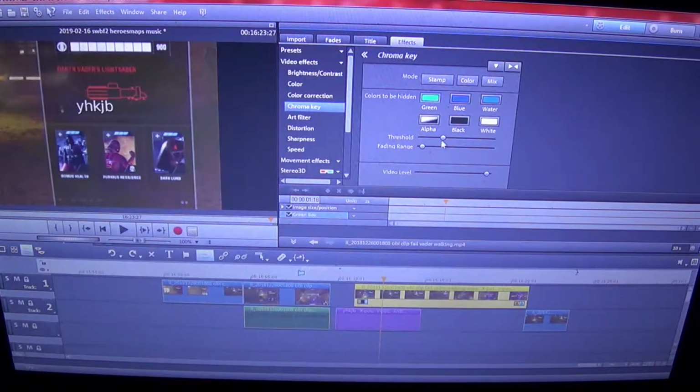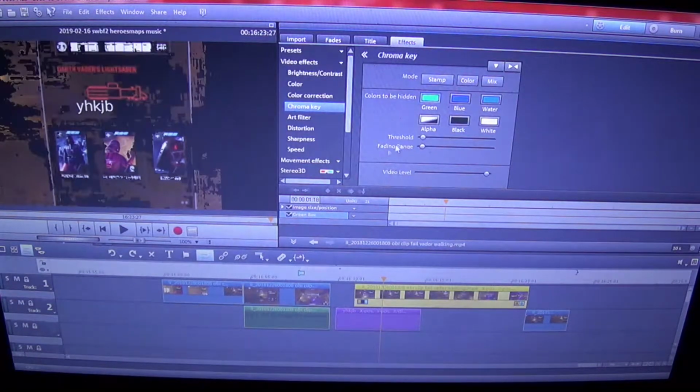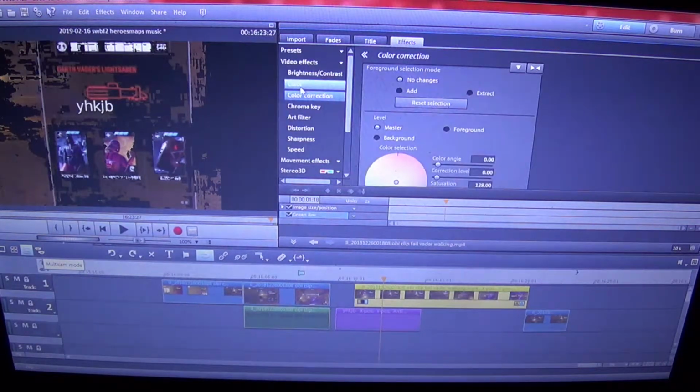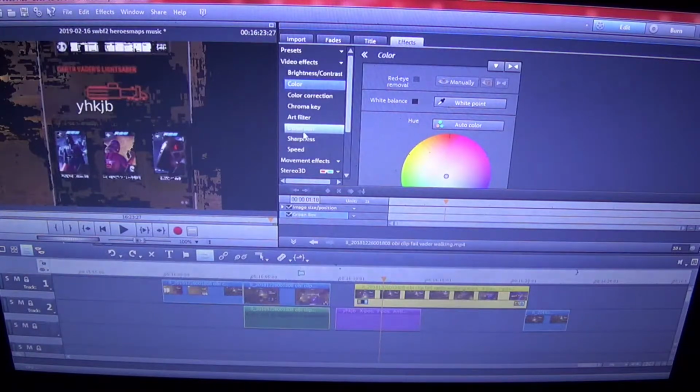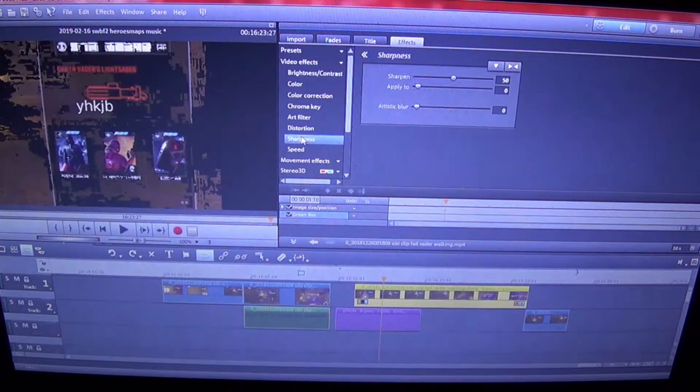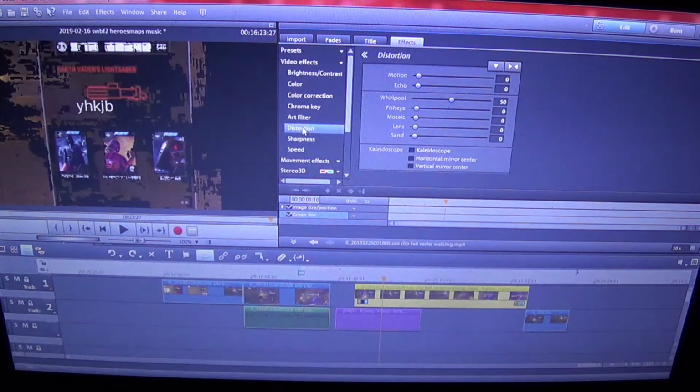You could do green screen with this. It's called chroma key. Come up here and press green. Now everything that's green is gone. Adjust the threshold. Over here it's got dual camera set up. Multicam for this. I don't do green screen, so